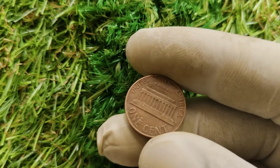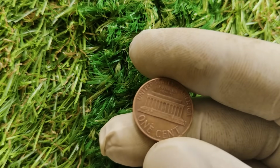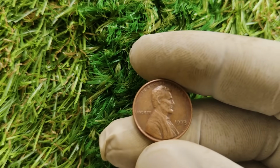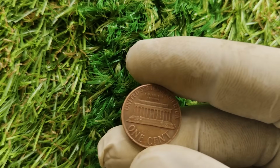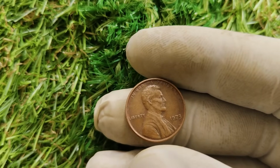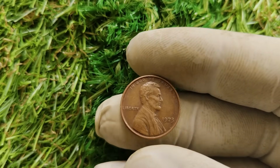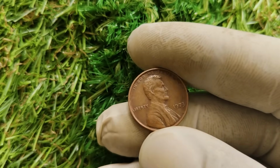And that potential has become reality for certain extraordinary examples. High-grade 1973 no-mint mark Lincoln cents have crossed the auction block for jaw-dropping sums, stunning even seasoned numismatists. The allure lies in the perfect blend of condition, color, strike, and rarity, a combination that turns a simple penny into a numismatic treasure. So, the next time you come across an old Lincoln penny from the early 1970s, take